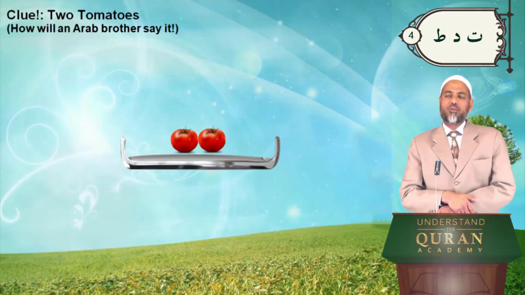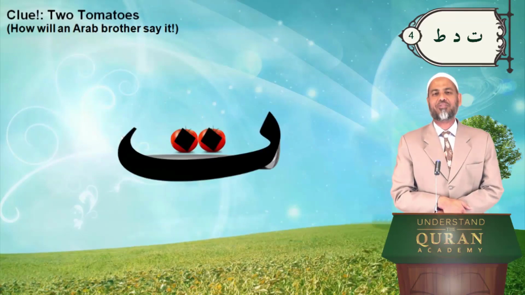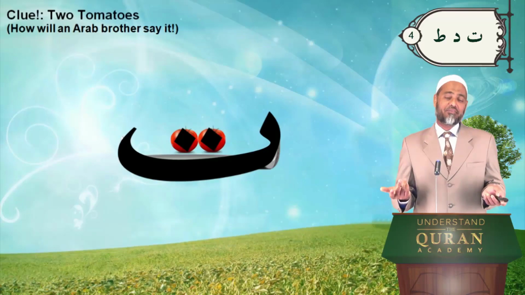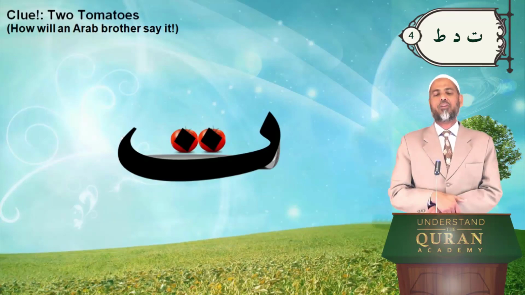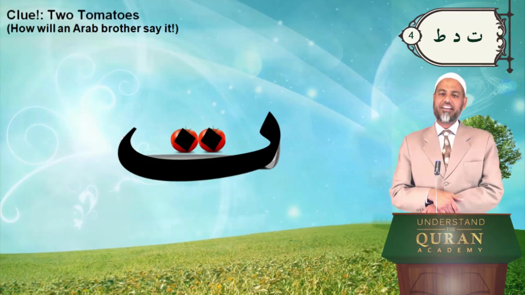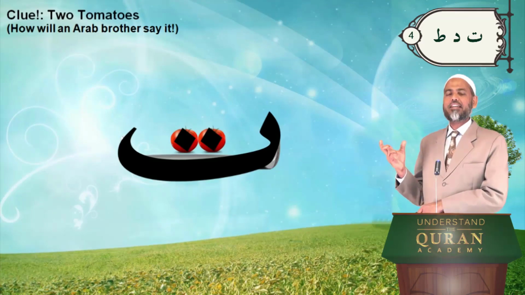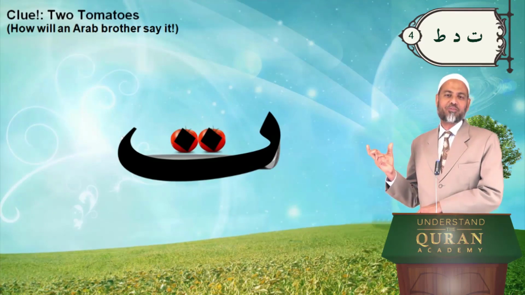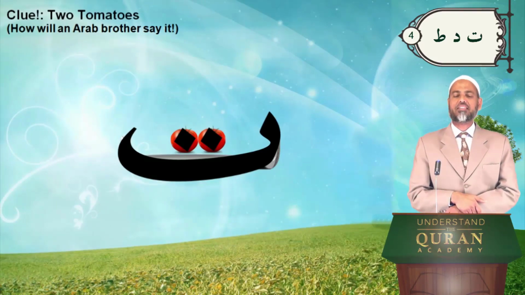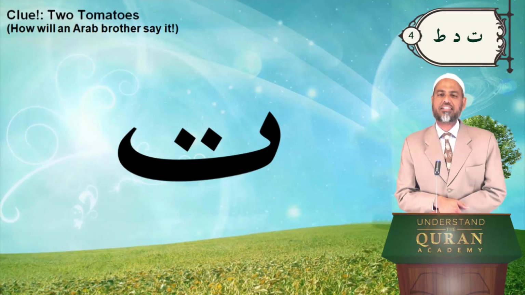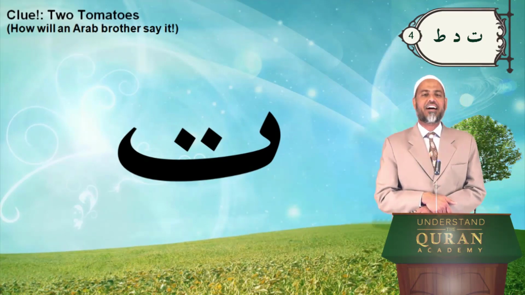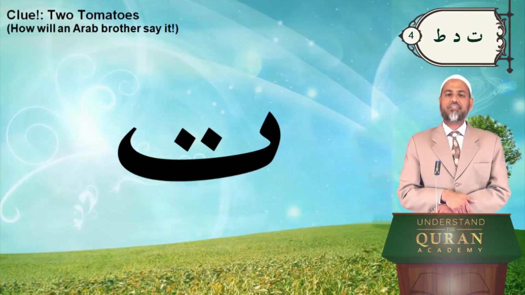Okay? Well, each language has its own sounds and styles, and we don't have to laugh. Somebody else can laugh at our language also. So let's respect and enjoy the different features. So here is a tray with two tomatoes. That is ta. It's ta, 2 tomatoes. Remember that. How do you say ta?